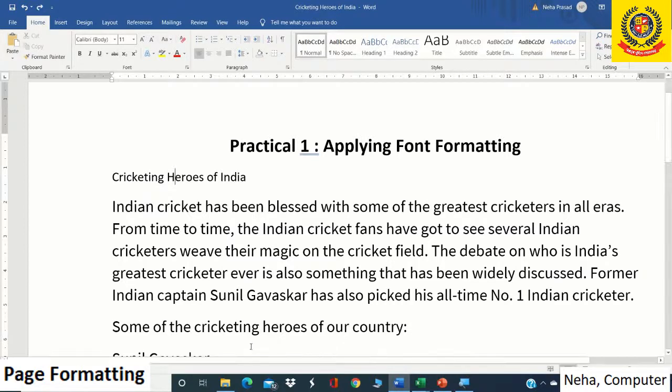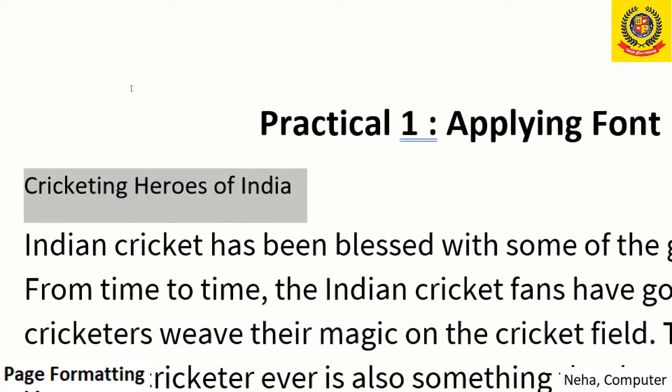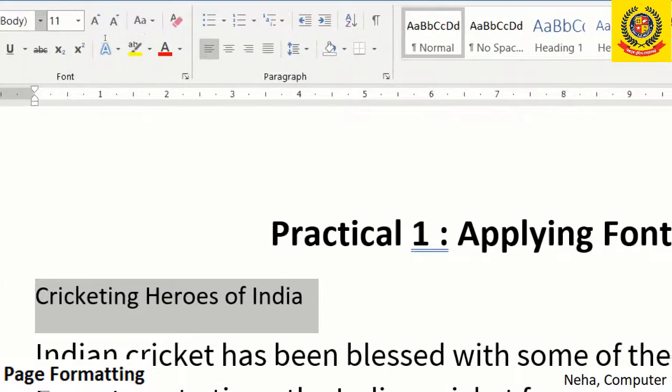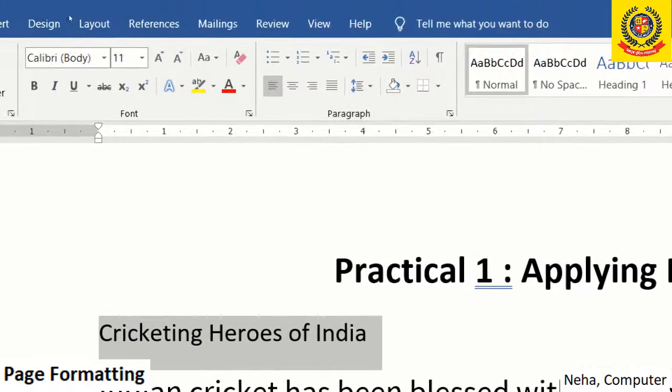Now we'll select the heading, which is Cricketing Heroes of India. And we are going to first change the font face. We'll go to the font face at the top.